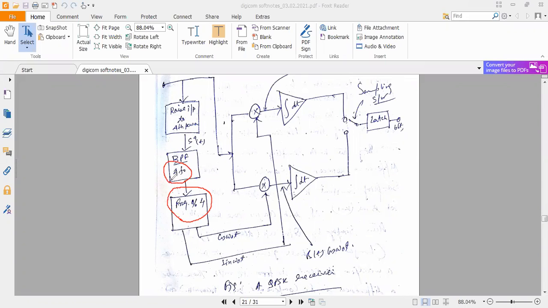Now, what did we use there? Only one carrier wave. This is the reference. Listen carefully. In the case of BPSK, this is reference 1 and this is reference 2, because here the cos and sin signals are both present. So cos omega 0 t is generated here and sin omega 0 t is generated.